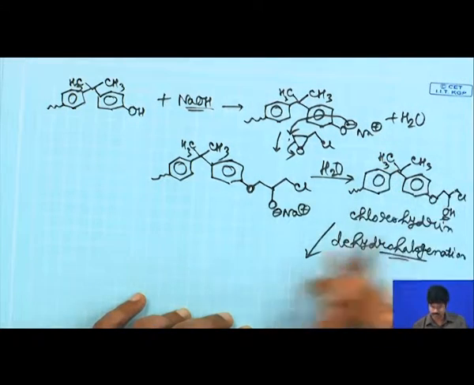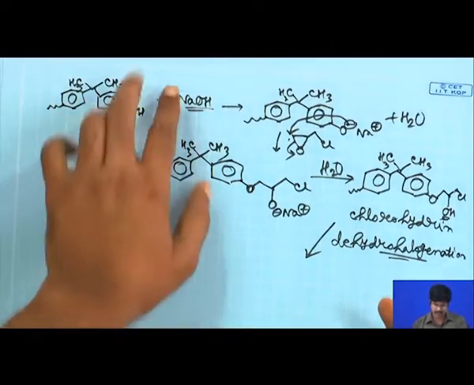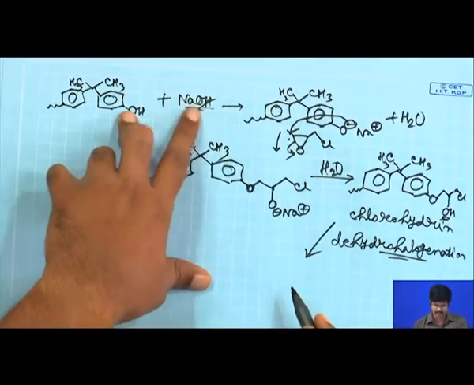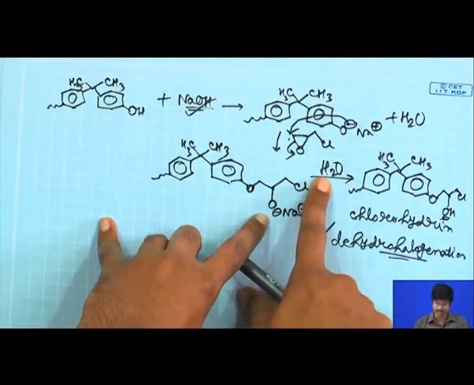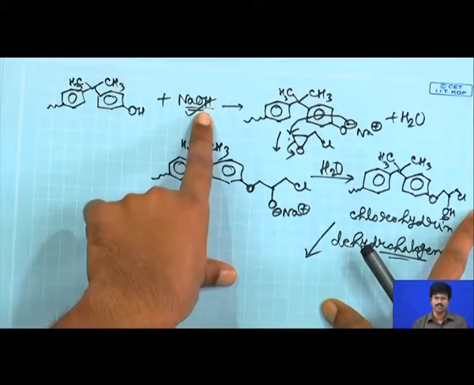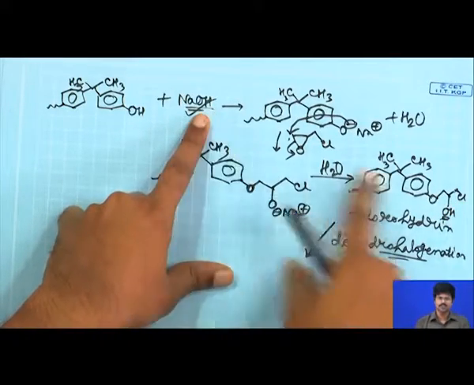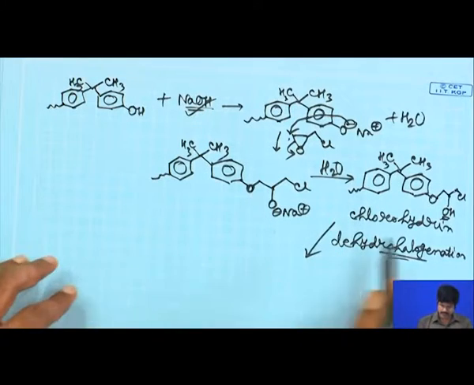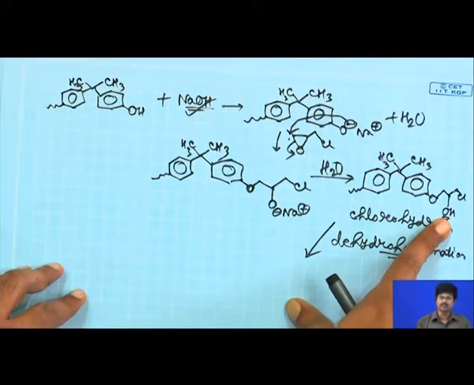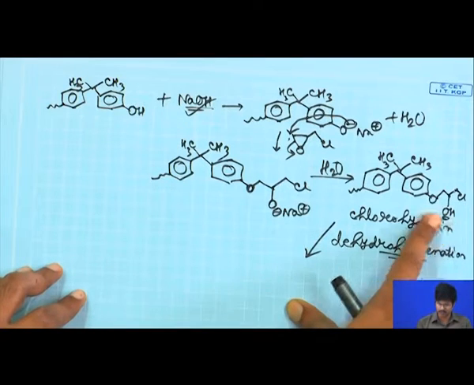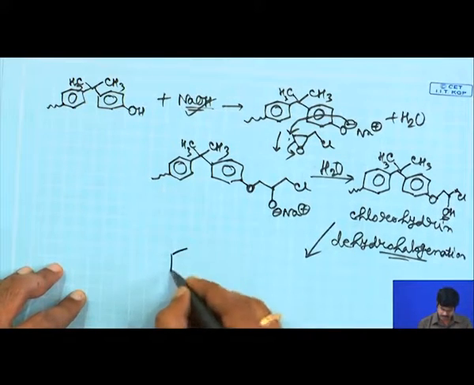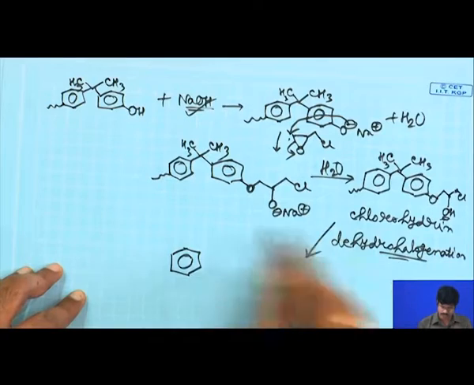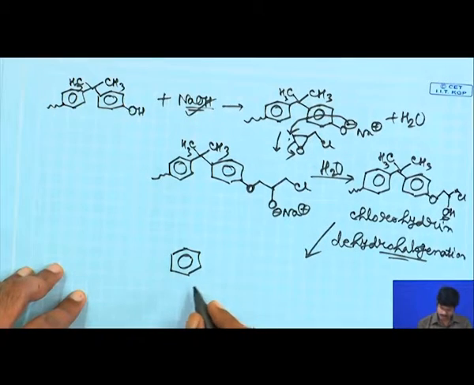of this intermediate with a stoichiometric amount of base. So, in the first step, the base is acting as a catalyst. It is a catalytic amount because it is regenerated. You can see O minus takes up a proton, and then OH minus will be generated. You start with OH minus, you get back OH minus. So, that will be your catalytic amount, and in the last step it will be a stoichiometric amount because it can abstract this proton here, and this O minus can attack on this side, and the chlorine will be going out. So, ultimately you will have a dehydrohalogenation with a stoichiometric amount of base for the last step,